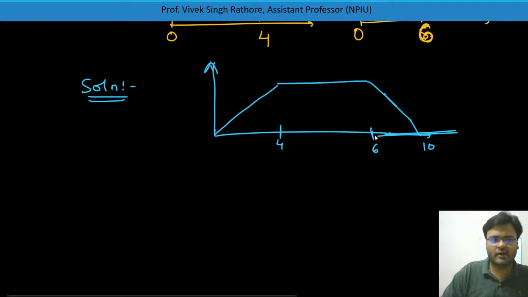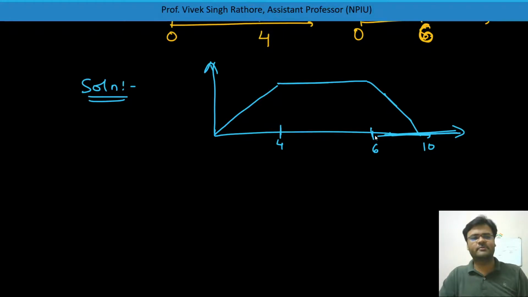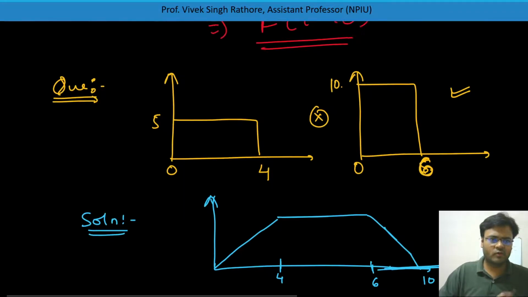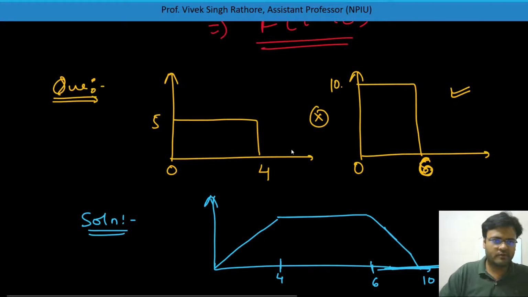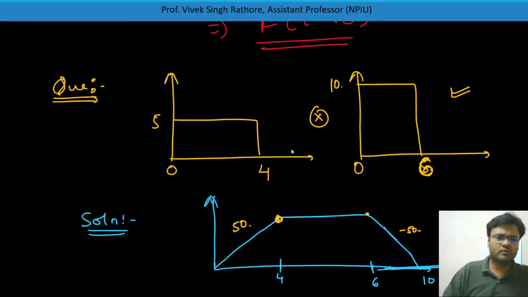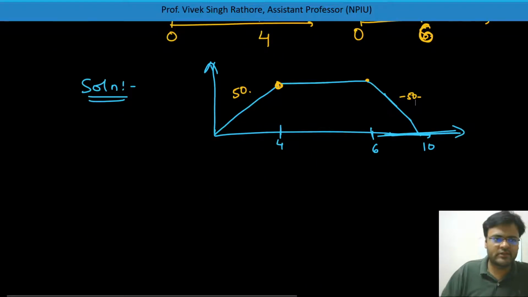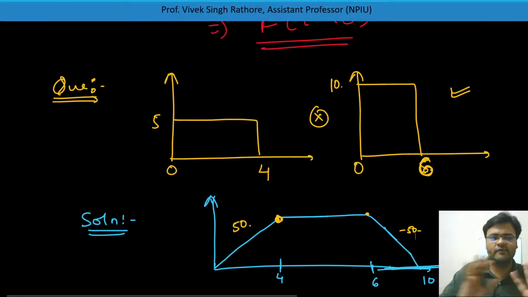The slope will be 50. You can calculate this value at this point and this point, same value, and here also the slope will be minus 50. See how I have done it. I have not solved this question, but I have told you the answer without seeing. I will tell you how I am able to do this,